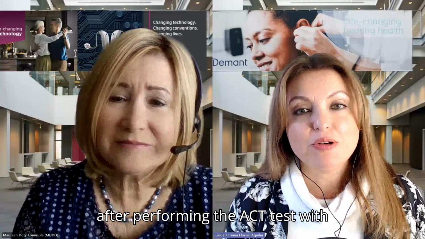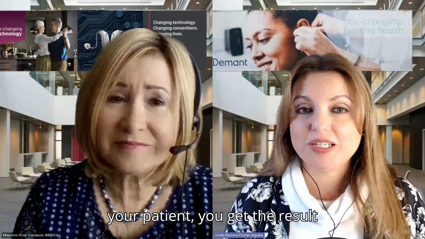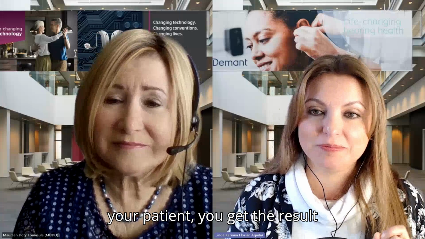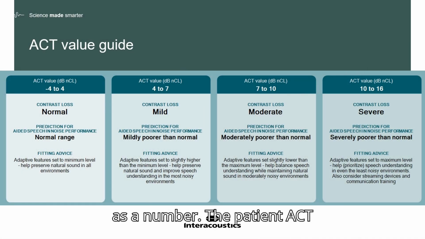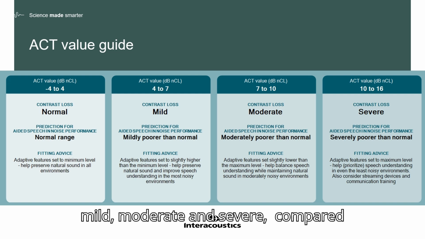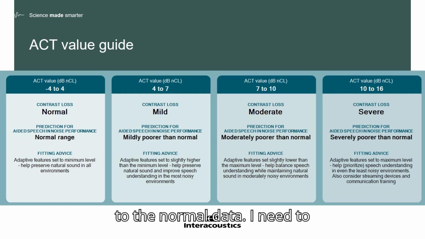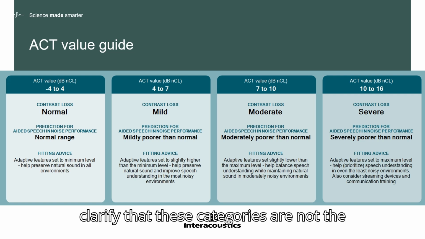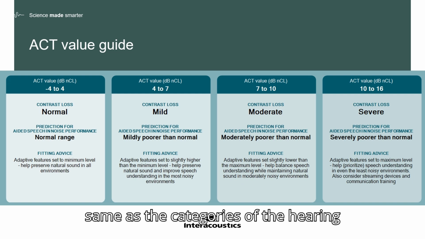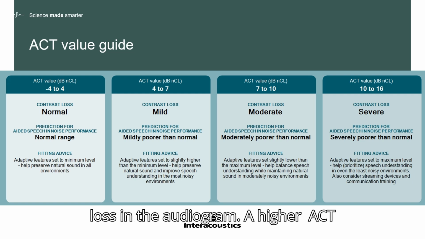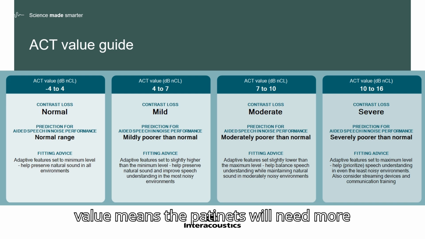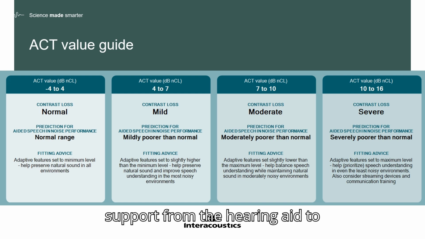Well, after performing the ACT test with your patient, you get the result as a number. The patient ACT value can range from -4 to 16, which is described by one of four severity categories: normal, mild, moderate, and severe compared to the normal data. I need to clarify that these categories are not the same as the categories of the hearing loss in the audiogram. A higher ACT value means the patients will need more support from the hearing aid to effectively hear